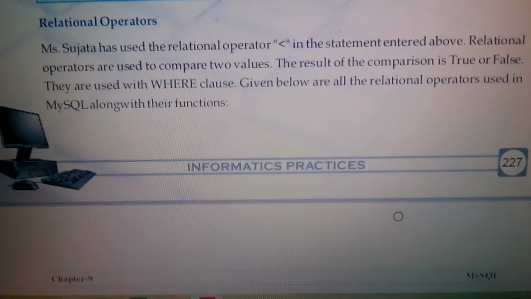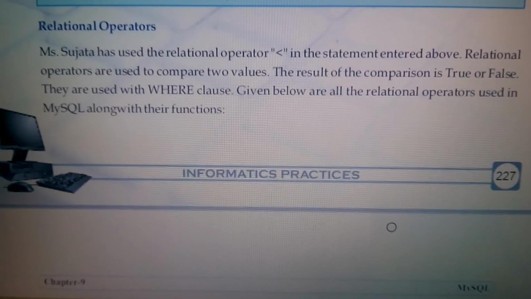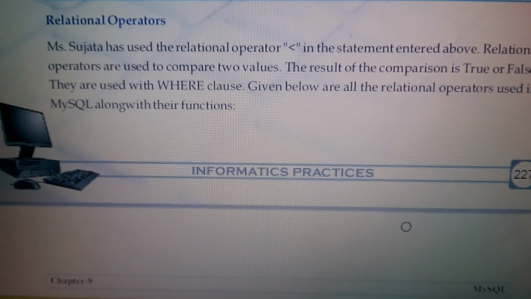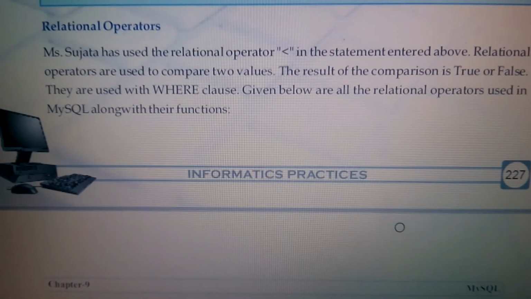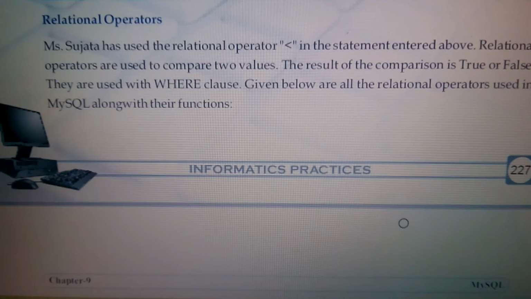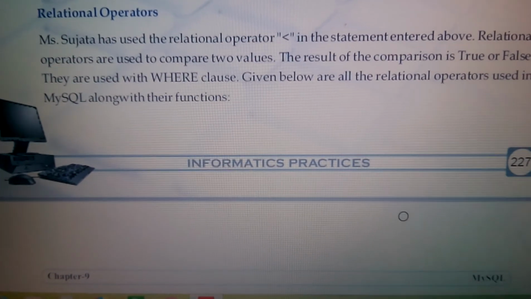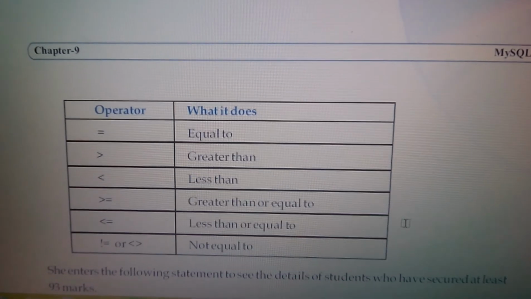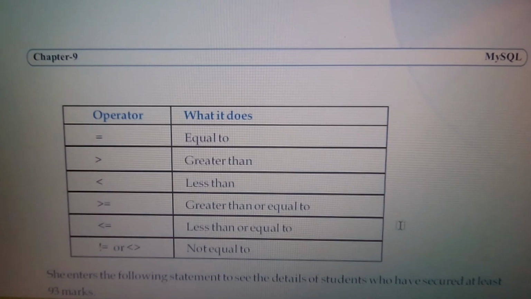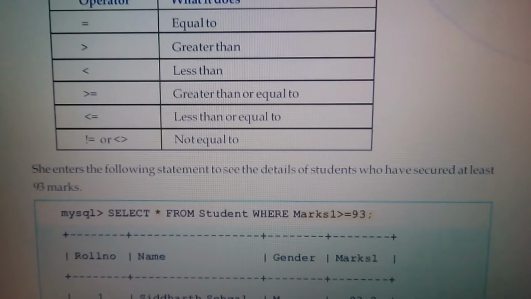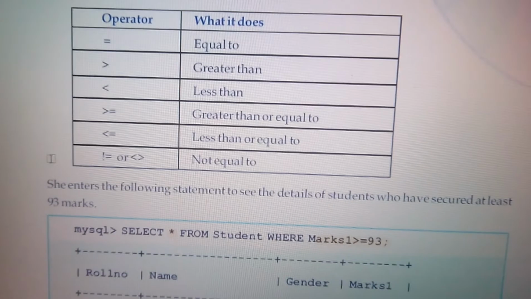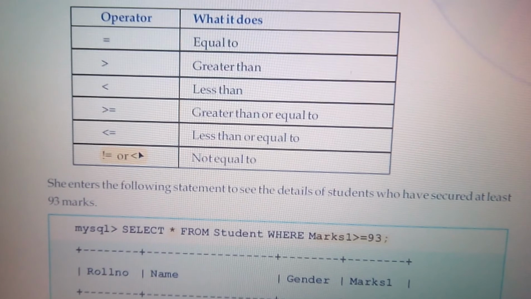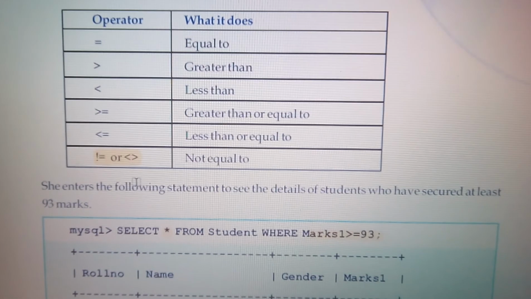Okay. Next operator is the relational operator. What is a relational operator? Simply we even call it a comparison operator. Simply it means it is used to compare two values. For comparison, we make use of the relational operator, and the result of this comparison can either be true or false. And there are certain relational operators such as greater than symbol, greater than or equal to, less than or equal to, and then not equal to. So just see this one, you can take a screenshot. So the last one is not equal to, or greater than symbol and then less than symbol altogether. These are certain relational operators.